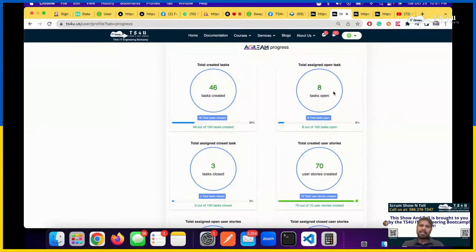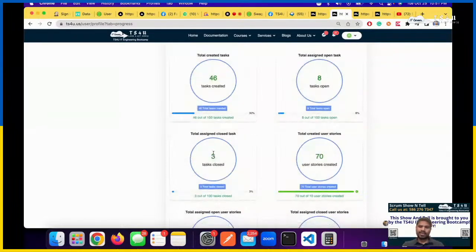So in this case, open task will be the test data. Create the task will be the test data. Close task will be the test data, right? Even though you created one, it's created. And if it is open, so you created two, one is open, one is closed. So you need to do both in order to verify here, correct? Testing is like this, so you really have to do both.